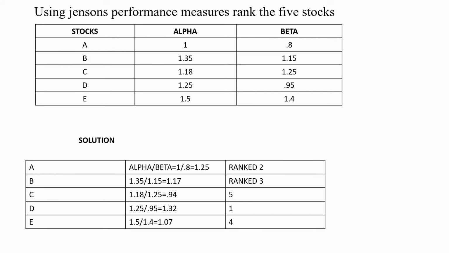Another way of doing Jensen's model is the ranking Jensen model. Sometimes they will give just the alpha and the beta value. Then simply divide alpha by beta. Do not interchange the values. It is alpha by beta. A comes first, B next. So alpha by beta, and then find out which has the highest value. So portfolio D has the highest value, so this is the better solution. So this is quite a simple one. Only thing, be careful of writing the correct formula here.